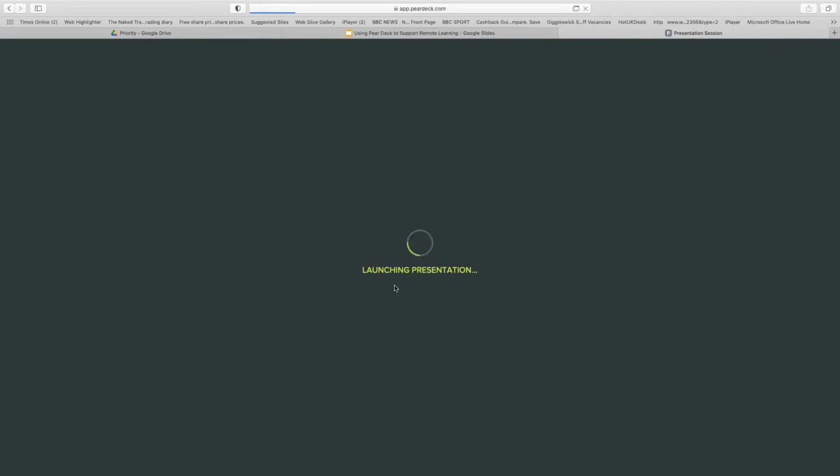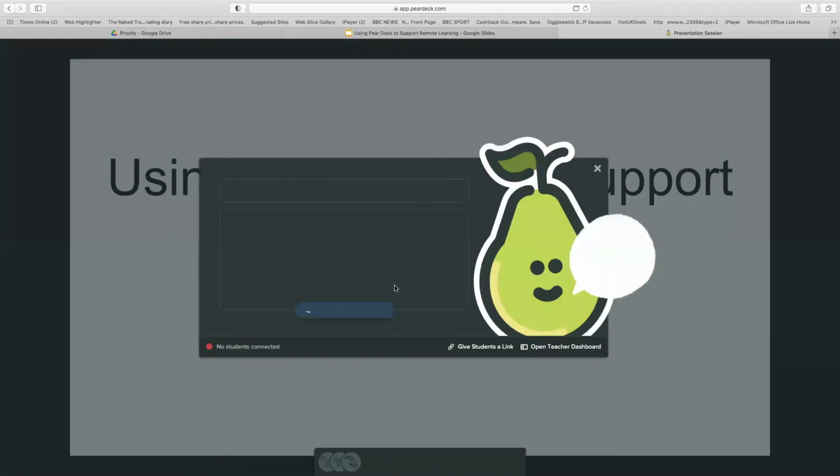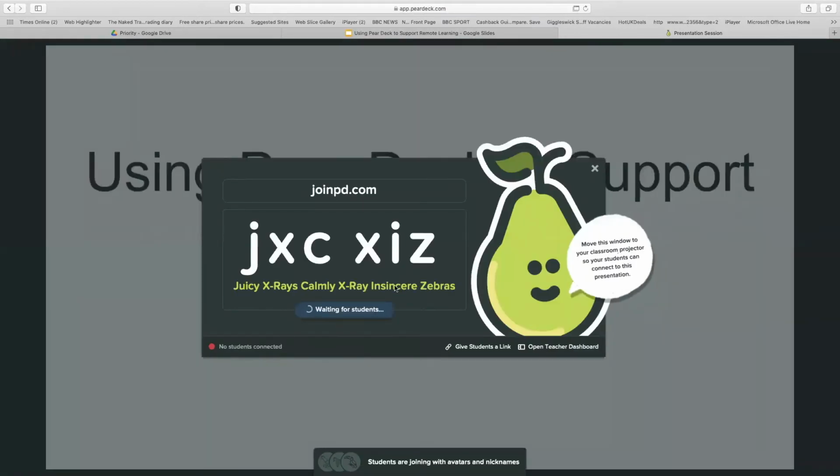Okay, so once you're all logged in, it will load like this. You've got several options from here of what you're going to do. I usually do this, it gives students a link. So what I'll do is